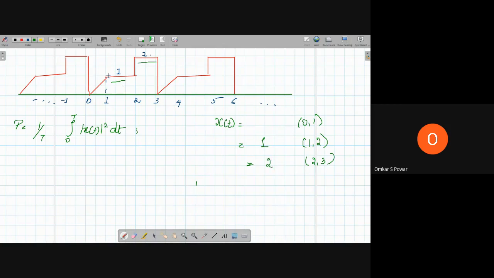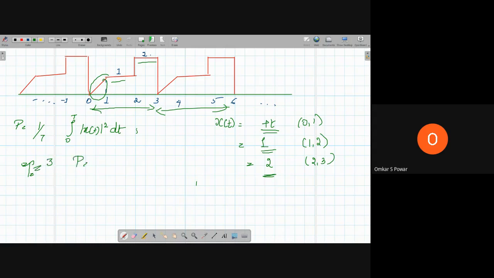But from 0 to 1 what is the value? It is plus t. What is the slope? 1, increasing, plus t. At t equal to 0, the value is 0, and at t equal to 1, the value is 1. So this satisfies t, 1 and 2. Then apply integration. What is the value of this big T here? 0 to 3. After this one, it repeats again. So the value of big T is equal to 3.